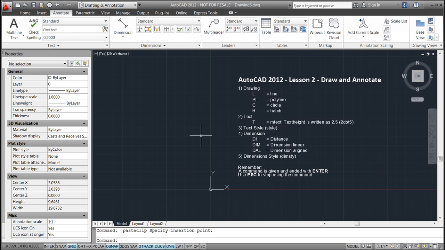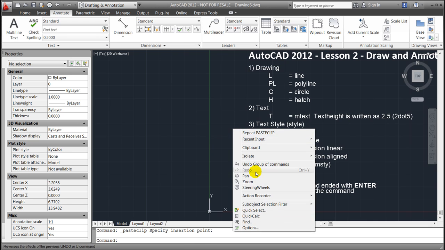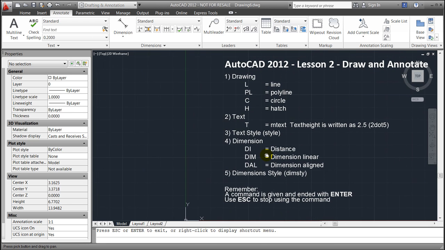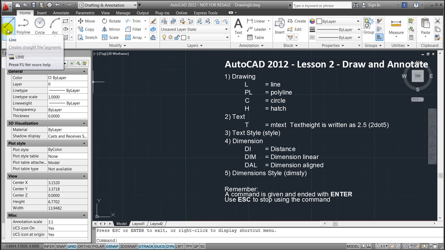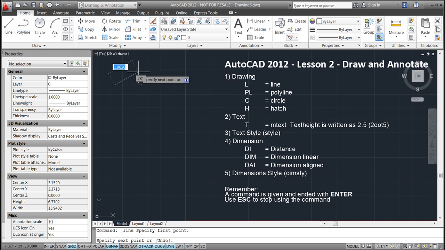In this second lesson, we will look at drawing and annotation, and like in lesson 1, we'll start out going to the home ribbon and make a simple line. We can draw it freely, as you can see, or we can use a dynamic input,